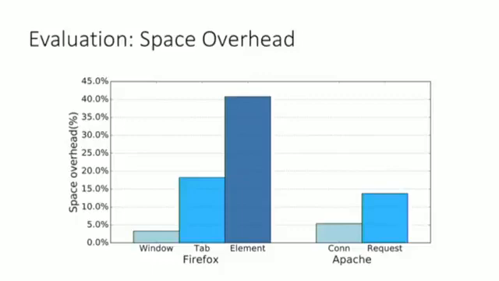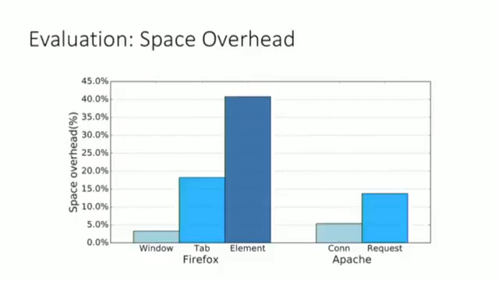And for Apache, we use the connection and the request. Since HTTP 1.1, a connection can be long-living and have many requests. So those are the two perspectives used in Apache. As you can see, the more fine-grained, basically, the overhead will be very high. Like the DOM is basically